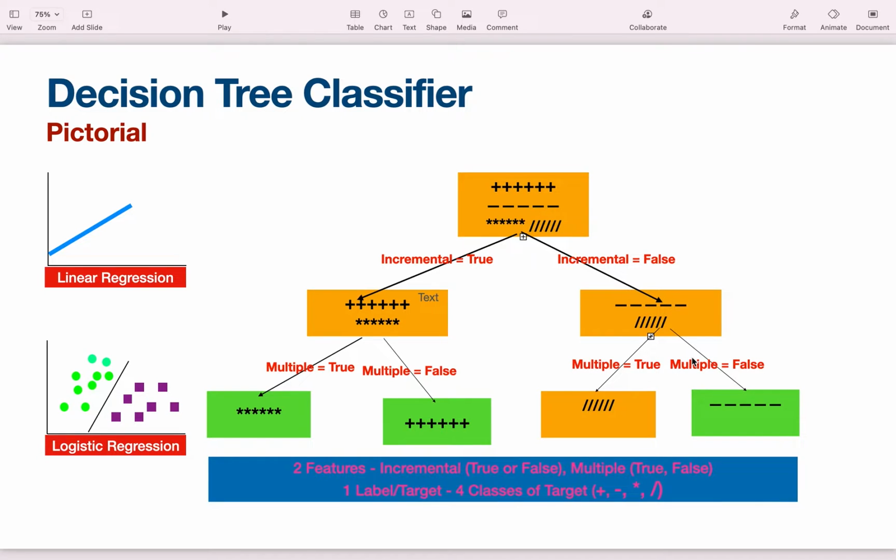samples in this node, where we only have a reduced subset of samples. Here we have four classes of samples, whereas once we divide the data based on this condition, we are now ending up with a limited number of classes within this data, right? So that's the way decision trees really function. They try to subdivide based on the condition. Where do they get the condition? They derive the condition based on the given features.